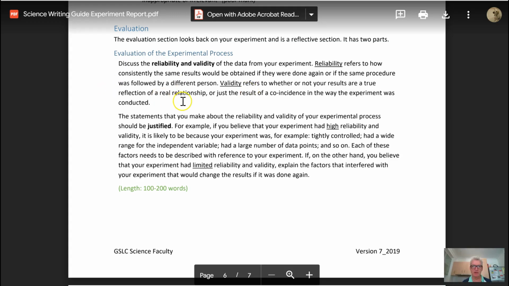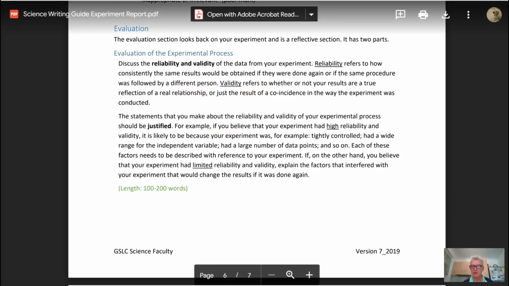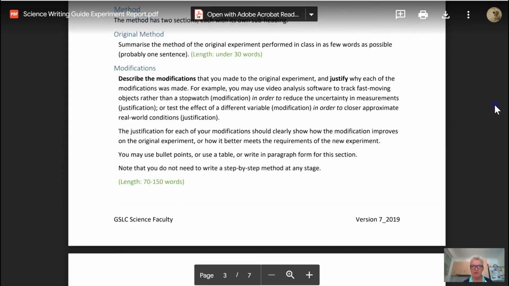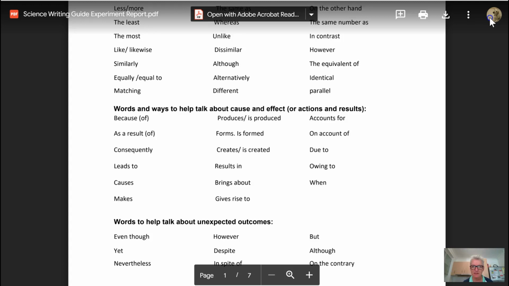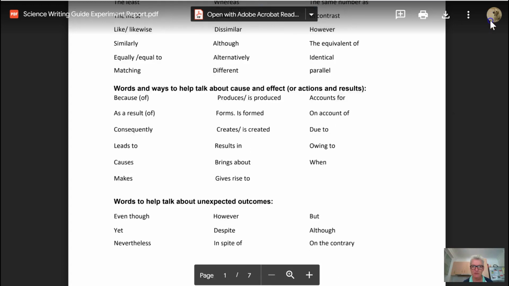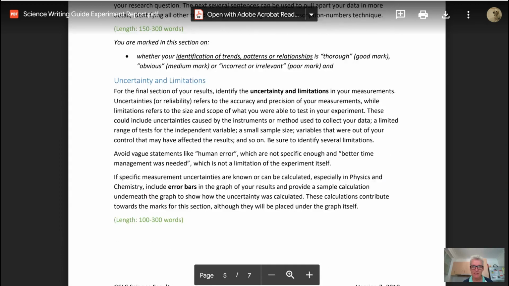So this is a science writing guide experiment report that's in the Nudgee College science sites, not biology, science, and it's got a general document that tells you more detail about what should be in every single thing. I can't share it with you because it's Mr. Conway's, but it's in the Nudgee science site. It tells you what sort of words you should use. But if you go right down to evaluation,